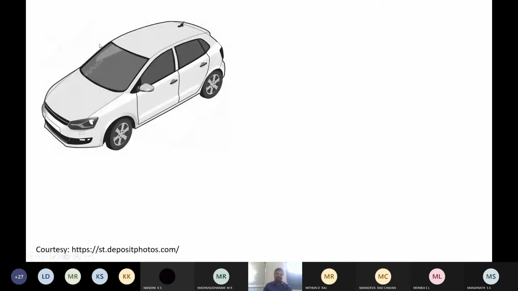That means with a single view, you may be able to see some of the details, and you may be able to identify the product or object, but you cannot get the overall picture of the object. You are not able to see many details. It may be details of the interior of the car, or the rear end of the car, or the other side of the car, which are invisible.